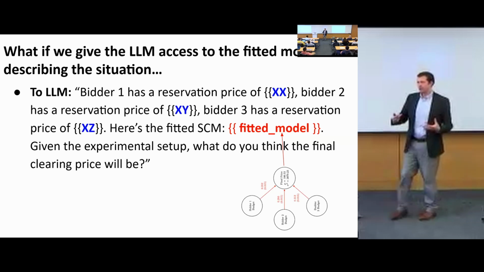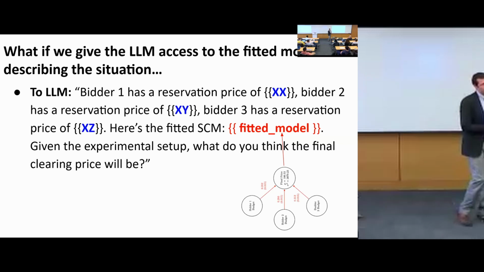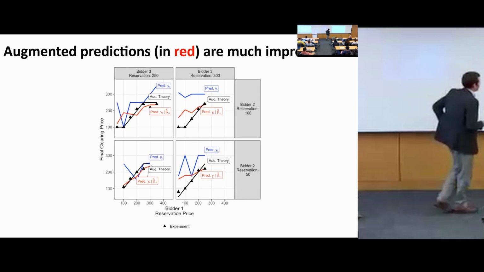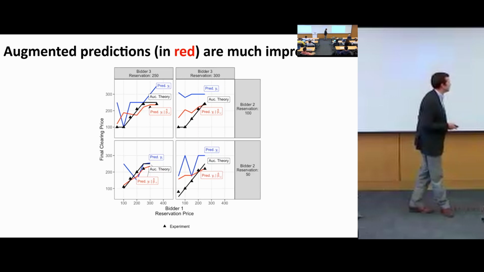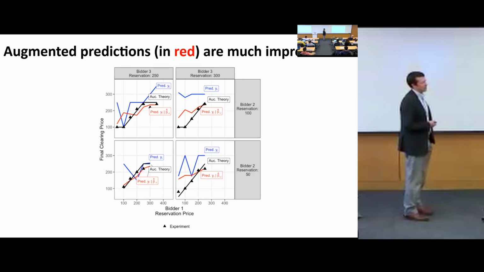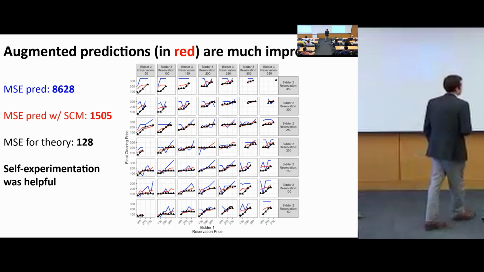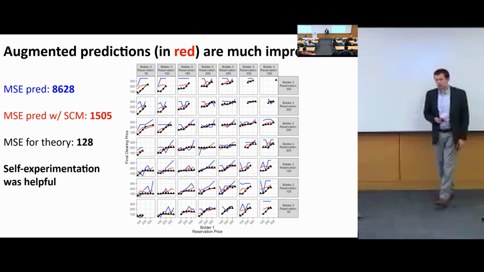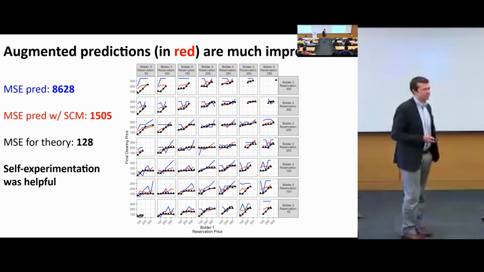In a way, what we're trying to do is simulate the idea that you run a bunch of simulations about the world, and you now use this as part of the predictions you make. You can see it's not perfect. It can't exactly get what happened, and that's not surprising because the SCM couldn't, but it does quite a bit better than the naive approach of not conditioning on anything. So across simulations, you do get this improvement from allowing it to simulate the setting it was looking at.